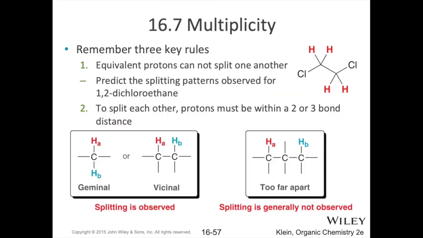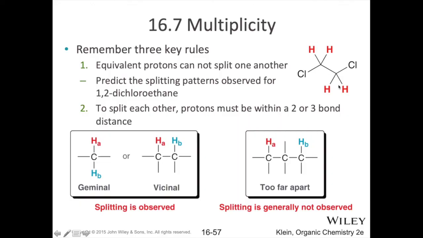A few things to keep in mind when looking at splitting. Splitting has to come from other protons. If you have equivalent protons, they're not going to split each other. They give rise to one signal, but the signal isn't splitting itself. For example, in this very symmetrical molecule, we've got 4 protons, and this is going to show up as 1 singlet. These 2 protons are not going to split these 2 protons,